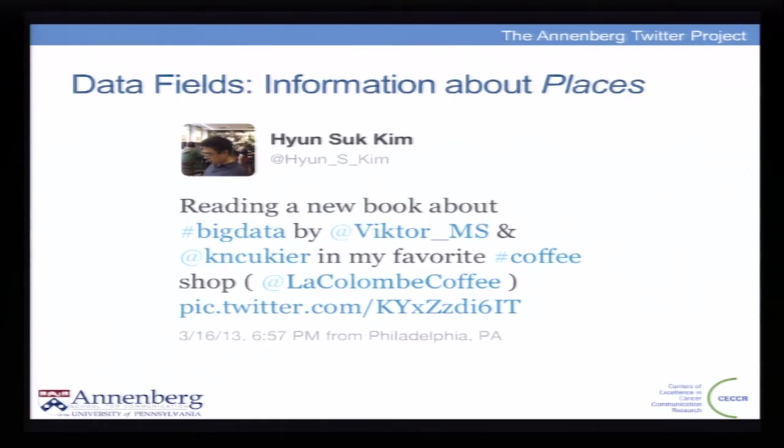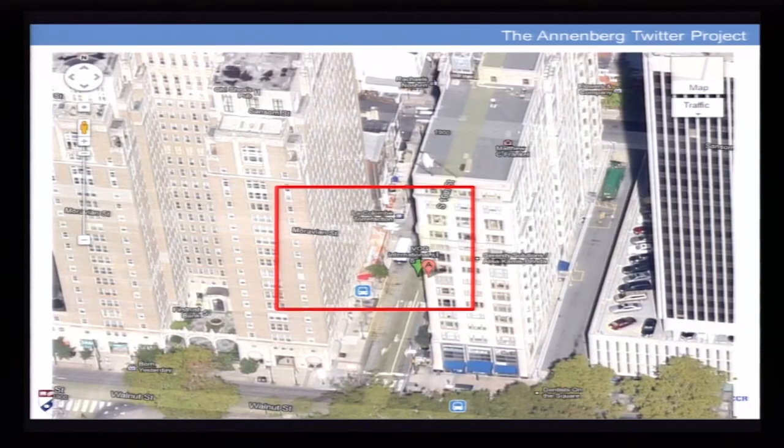in Philly. And about places, again, because I turned on my location information, Twitter collects geographic information about the place that I tweeted. This tweet is obviously Philadelphia, Pennsylvania, and country code US. And if you click this Philadelphia page, because I turned on the location, you can see the actual place, because they collected the coordinate information. And for those who are living in this area, you can see where it is.